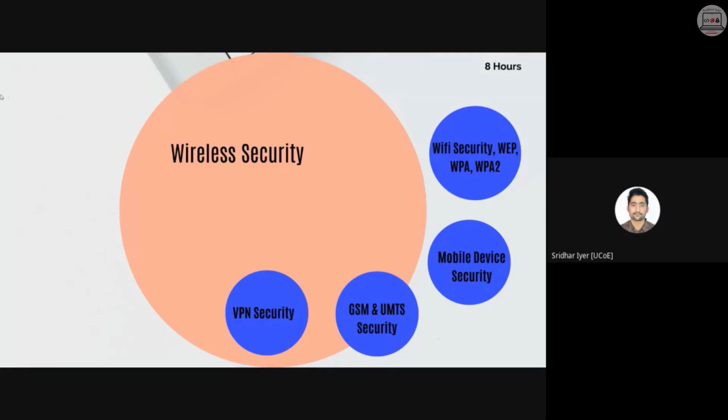Similarly, we are going to learn how to use VPN from a white hat perspective. Black hats can use VPN to safeguard their machines and carry out the attacks. But how we can use VPNs for our security purposes, that we are going to study in this chapter, the VPN security topic. Okay. Next, we'll learn how we can provide security to our mobile devices. Obviously, we can use antiviruses, third-party applications. But again, third-party applications have their own drawbacks.